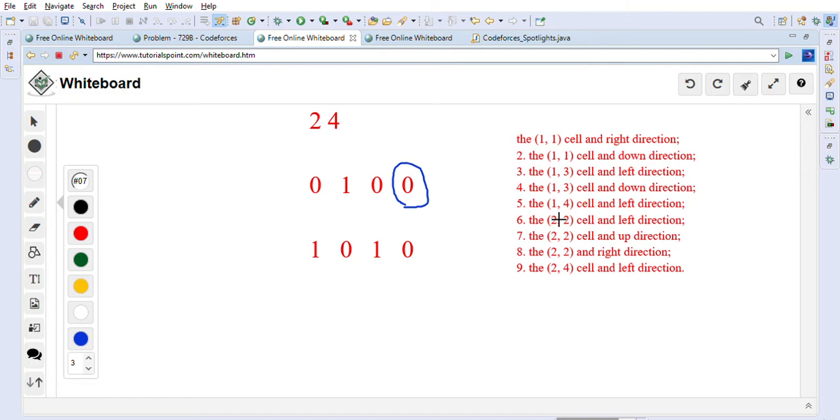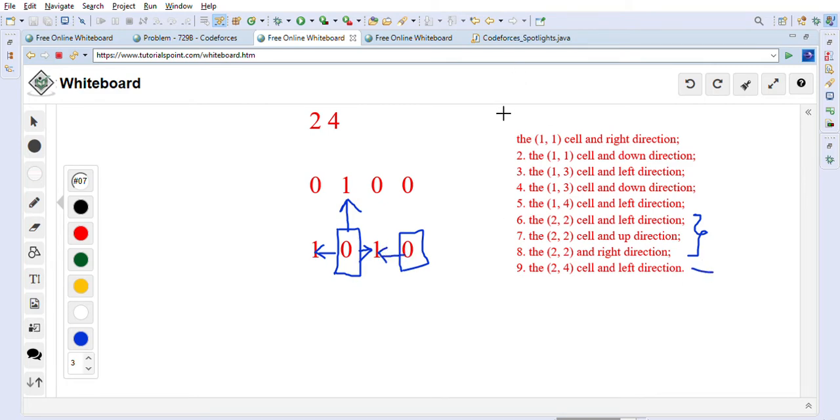After that we can go to 2 2. So 2 2 means here, right? We can place it here, and the directions will be left, because there is an actor. We can place it up also because there is an actor here. We can place it on the right side also, right? So as you can see, these three are given here: left, up and right. After that we can place it here also, because on the left side there is an actor, right? So we can place it here.